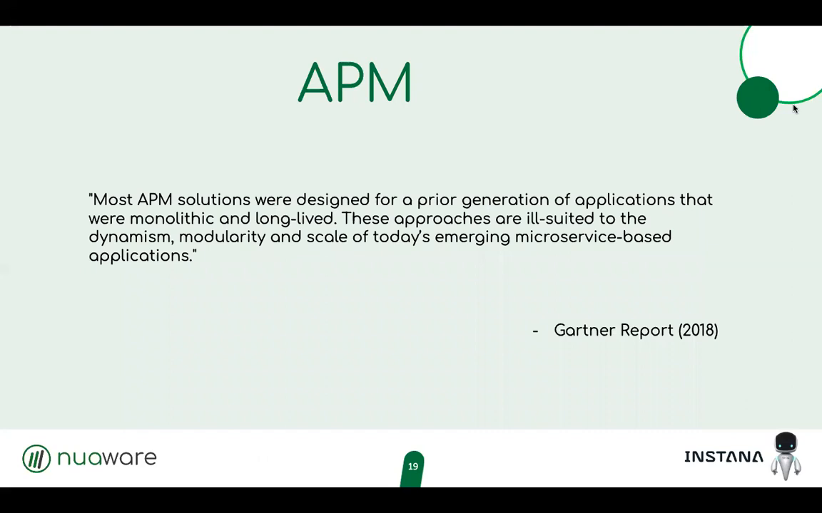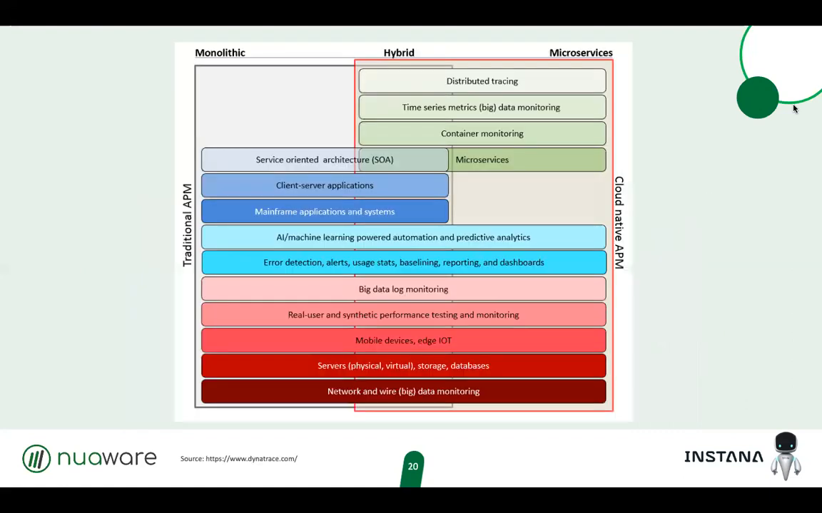Quoting a 2018 Gartner report, most APM solutions were designed for a prior generation of applications that were monolithic and long-lived. These approaches are ill-suited to the dynamism, modularity, and scale of today's emerging microservices-based applications. Here we can clearly see the shift from traditional APM to a tool like Instana, for example, APM designed specifically for cloud-native environments. Next generation APM is characterized by distributed tracing, time series metrics, container monitoring, and insight into your